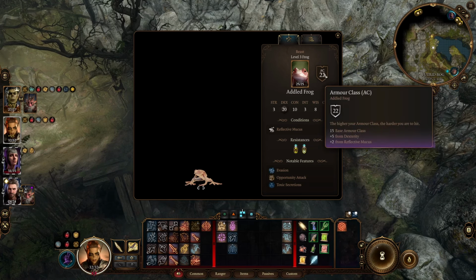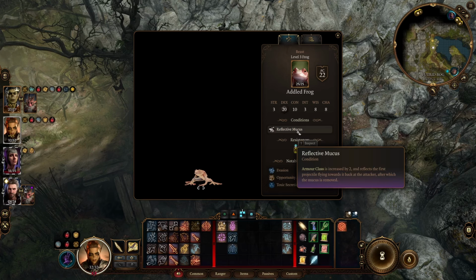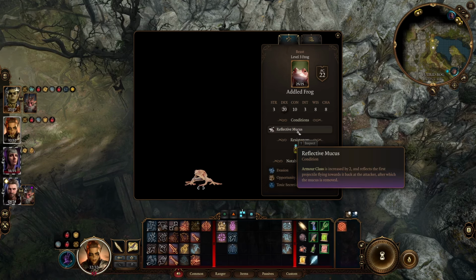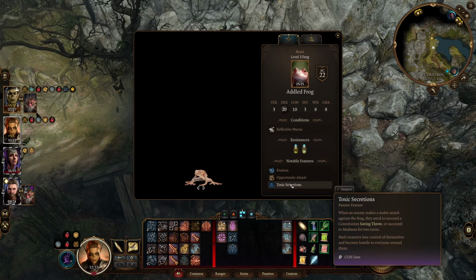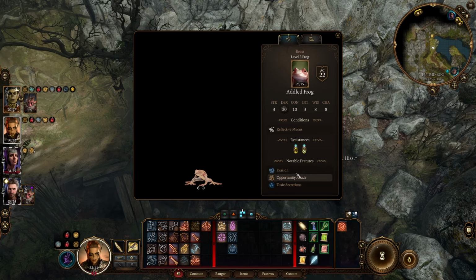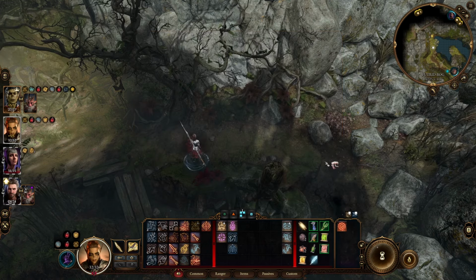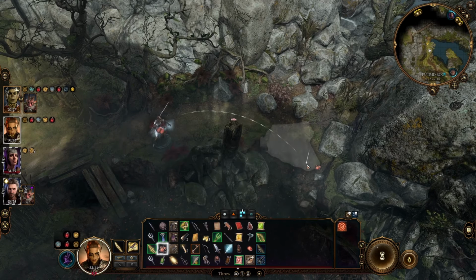It can lose its reflective mucus at times. Reflective mucus, I don't know why that ability is there. It reflects the first projectile flying towards it back at the attacker, so you can't even shoot it. And if you attack it in melee, you're gonna get hurt. So you basically shouldn't attack it. You should use spells of some sort to kill it, and that's what we are more or less going to do. But not exactly. We're gonna start by lobbing a caustic bolt over,